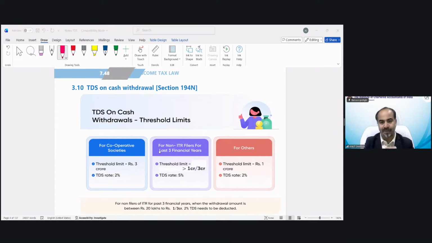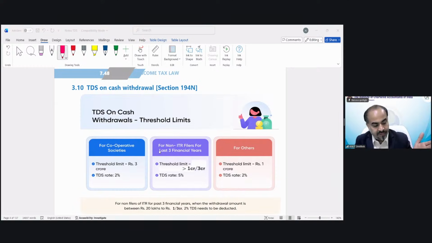In the last example, we have seen that there was a work contract for 20 lakh, then 50 lakh, then 20 lakh again. So the total value was 55 lakh. So under section 194M, the limit of 50 lakh has been exceeded, then on the full value of 55 lakh, TDS is required to be deducted. Not in section 194N. So 194N is different from this point of view.